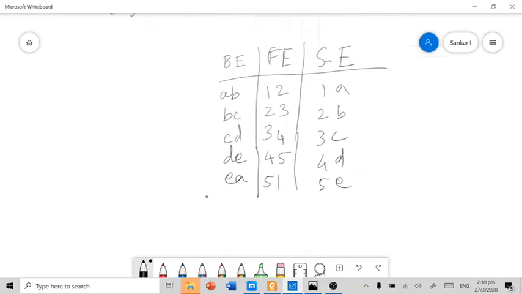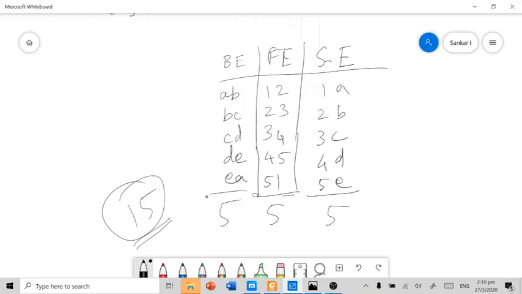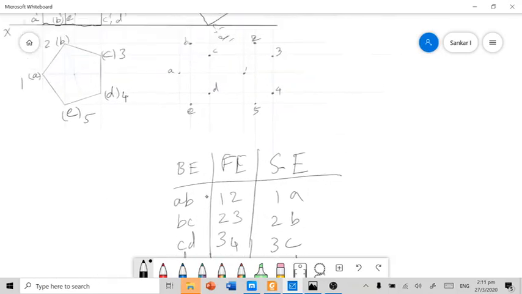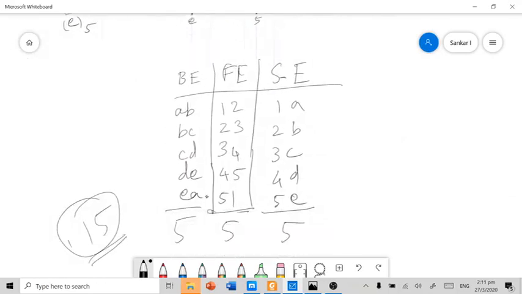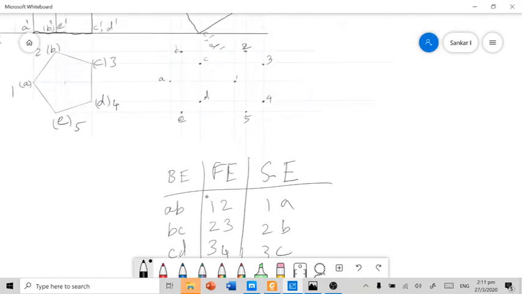So this pentagonal prism has 15 edges: 5 base edges, 5 face edges and 5 side edges. Totally this solid has 15 edges and 10 corners, 5 base corners and 5 face corners. We have to draw all these 15 edges in this final top view.